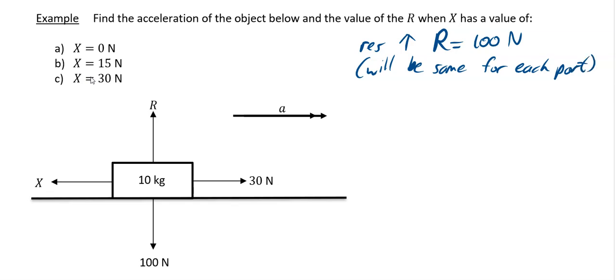I get it right. That will be the same for each part. So it doesn't matter if you increase your x. If this increases, your normal, this vertical plane, nothing has happened to it, so it is going to stay the same. Okay, so for part A, B, and C, all we have to do is work out, use F equals ma